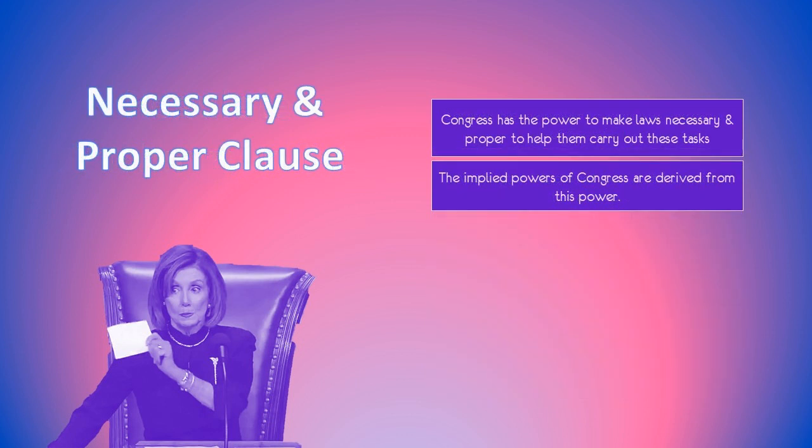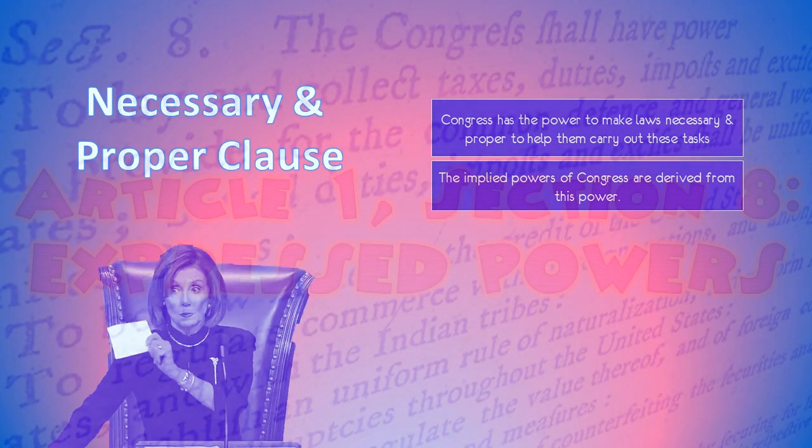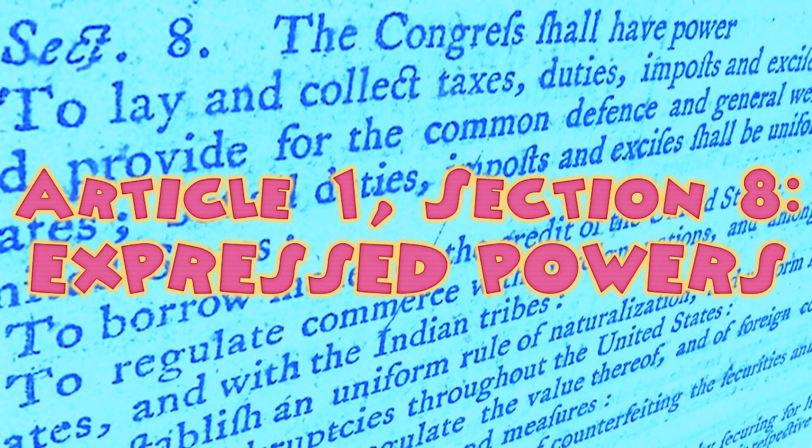And then the last one here, we don't have to talk much about it because we've already talked a ton, but the necessary and proper clause. Remember, this is what we call the elastic clause. Each one of these powers that we've mentioned so far implies that Congress has other powers to go along with it. So, of everything that we've talked about so far, we'd go back and look at what implied powers might be connected to those powers that are written in the Constitution.